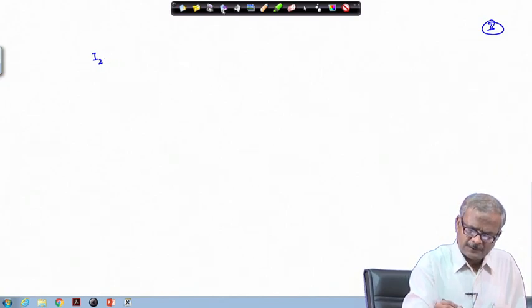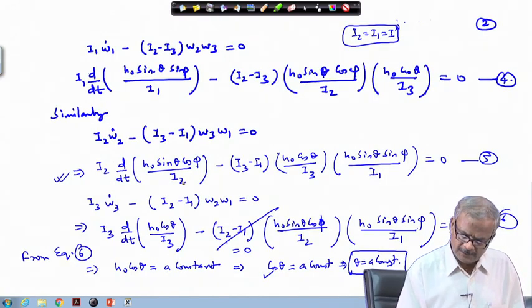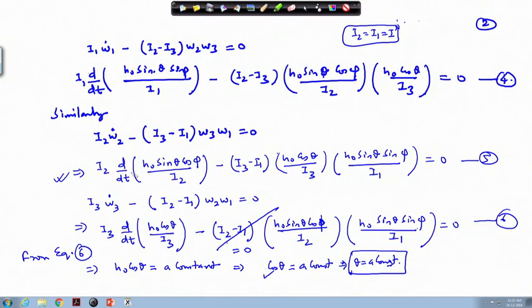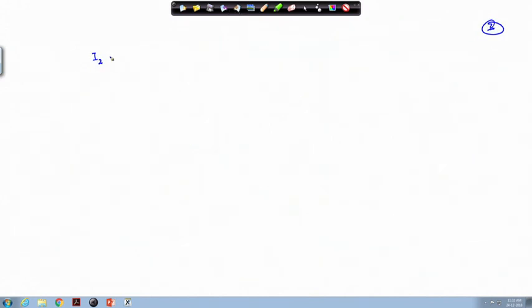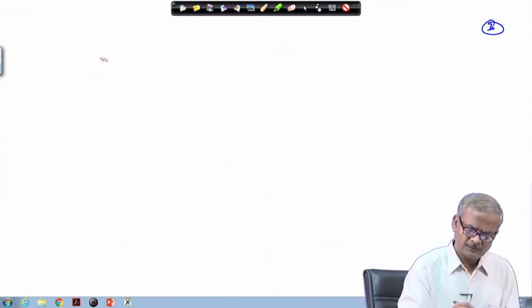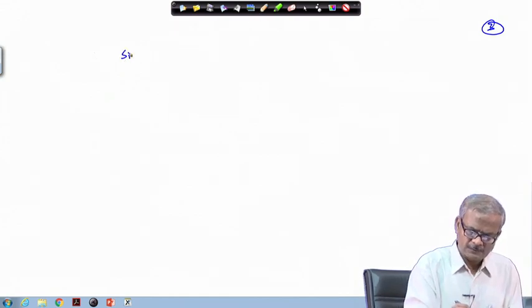So, in equation number 5, we have I 2 times this. This I 2 will cancel out because it is a constant quantity. H 0 is a constant because it is a torque free condition, H is a constant. From here we have that theta is a constant, therefore H 0 sin theta can be taken outside the bracket, I 2 cancels out, and what we get from this place is cos phi, we have to differentiate this. So, that becomes, the differentiation of cos phi is minus sin phi times phi dot.